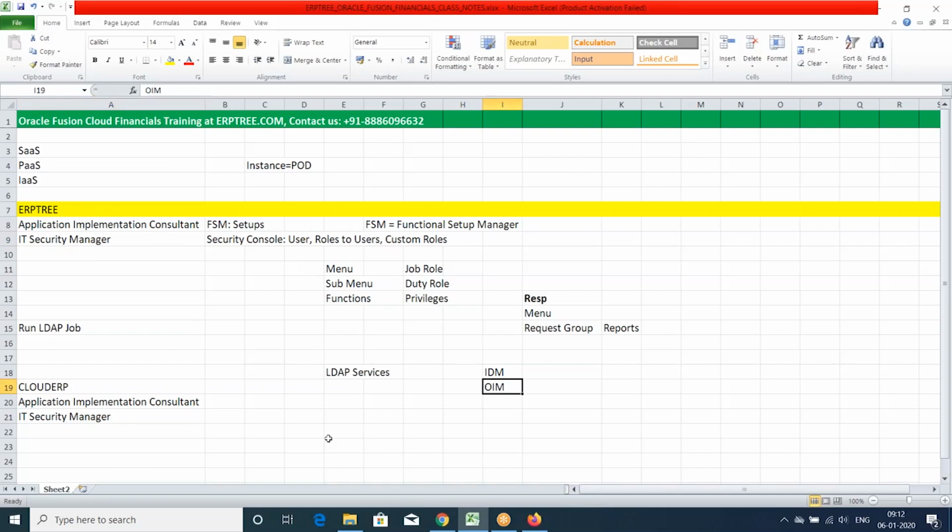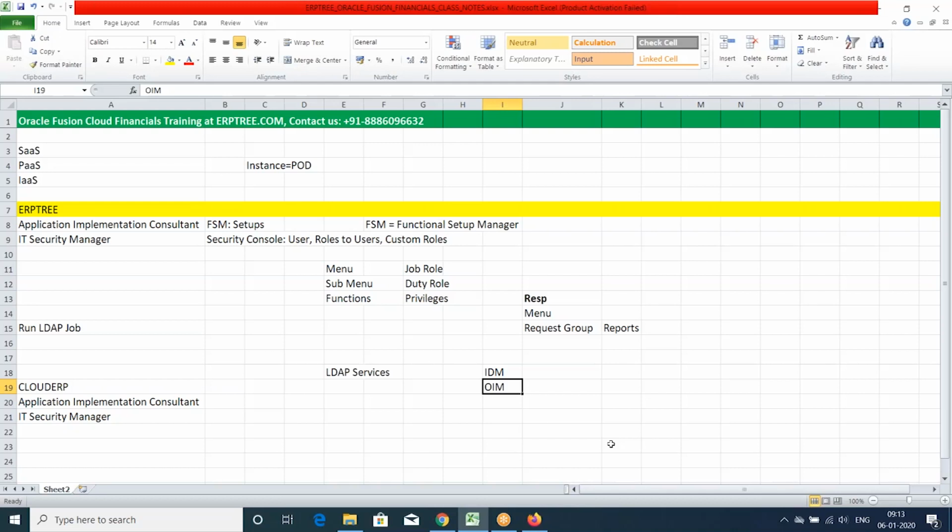Okay. So in older versions, there was no security console. Directly you can access IDM, you can do all those user creation, roles assignment to the user, custom roles creation, etc. Later what they did is, since they were giving IDM access, these consultants were just going and changing this and that, that is disturbing a lot. Those things are disturbing a lot from the instance point of view. That's the reason they created a security console and they mapped it with the IT security manager role. Then you'll be able to manage whatever level of privileges you require.